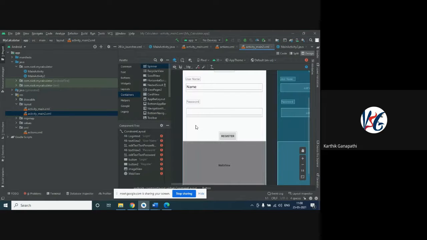Next thing is the page viewer method, that is ViewPager2. ViewPager2 is the page option that is going to redirect you to another page. The same container itself will have another page view, and that page view we call a ViewPager2. This option is available in Android, in this particular container.